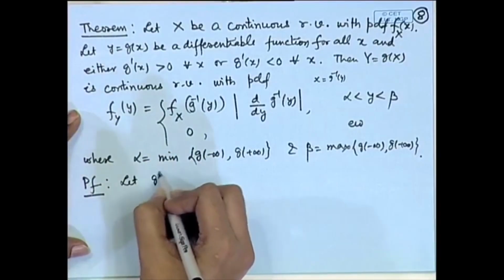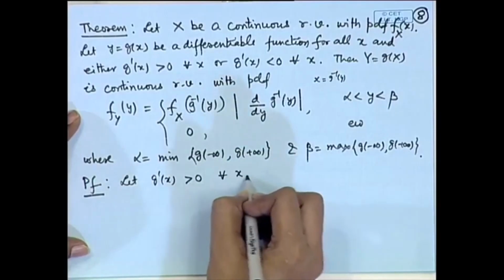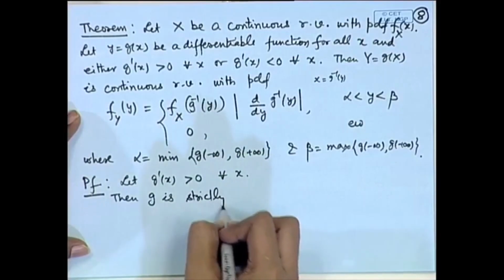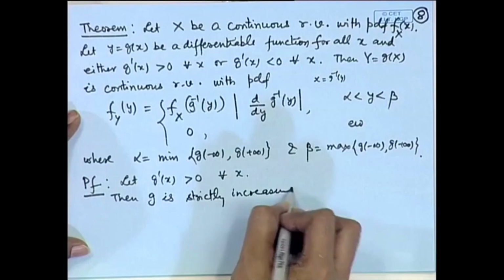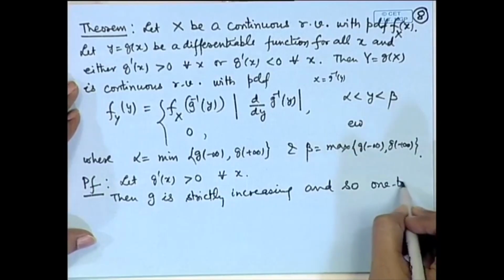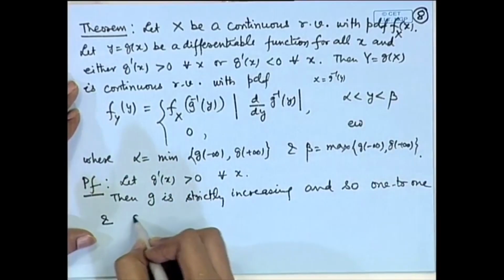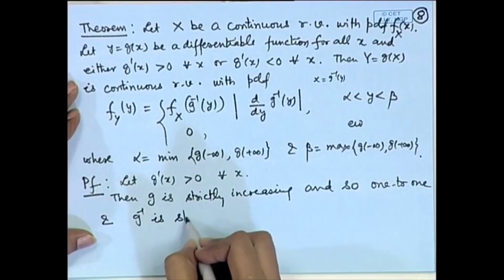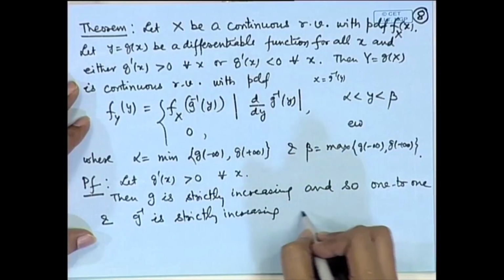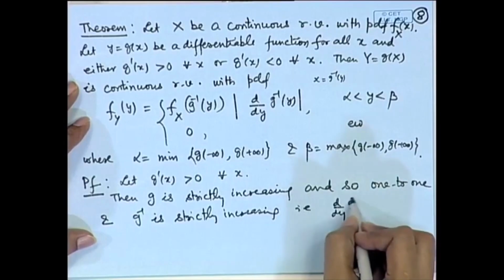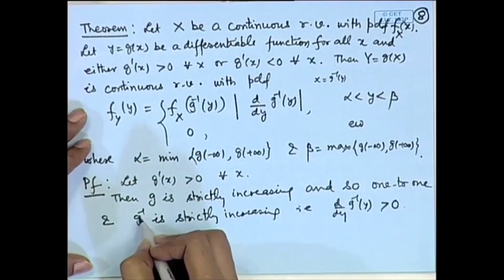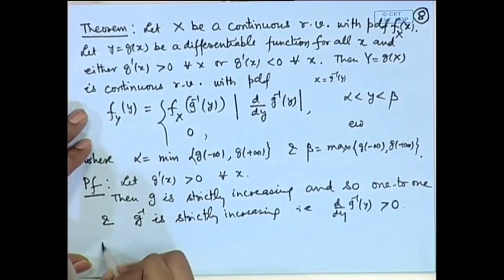So, let g'(x) be strictly positive for all x. Then g is strictly increasing, and so it will be a 1 to 1 function and g inverse will also be strictly increasing, that is, d/dy of g inverse(y) will be positive, and this will be differentiable also. So, if we consider the